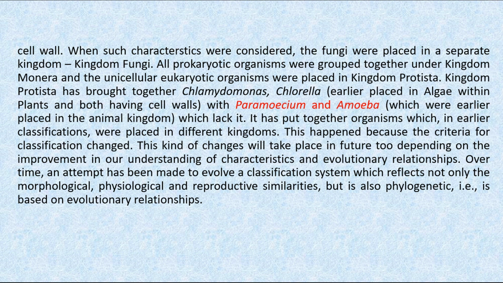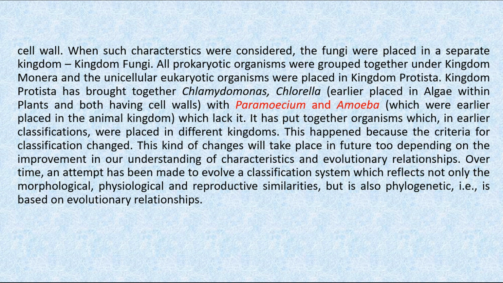All prokaryotic organisms were grouped together under kingdom Monera, and the unicellular eukaryotic organisms were placed in kingdom Protista. Kingdom Protista has brought together Chlamydomonas and Chlorella, earlier placed in algae within plants and both having cell walls, with Paramoecium and Amoeba, which were earlier placed in the animal kingdom, which lack it. It has put together organisms which, in earlier classifications, were placed in different kingdoms. This happened because the criteria for classification